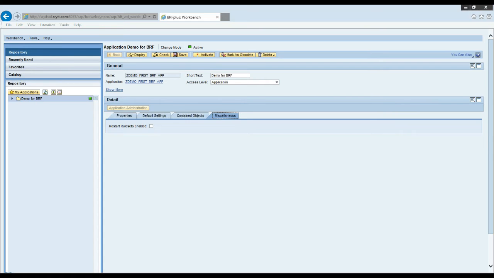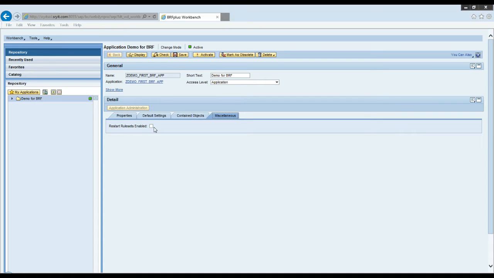Coming to miscellaneous, here we can say restart rule set enabled. So we can defer the rule set execution for a certain time. If you want to process some asynchronous process, in that case we can go with restart rule set enabled. For example, my company decides that the commission for all my agents will change from 1st of March 2015, from that date all the rules will change.